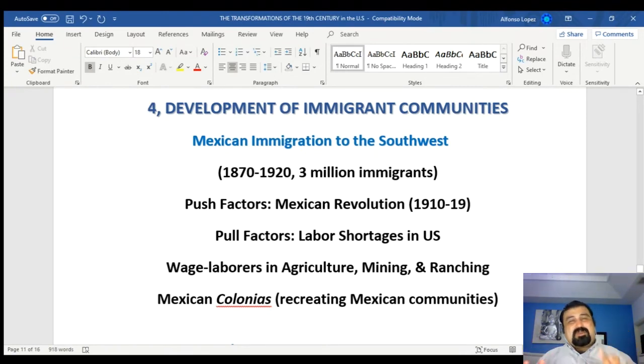So there's also going to be, besides Americans pouring into this region, like farmers and African Americans and merchants and investors and so on, immigrant groups such as people coming from Mexico. Mexican immigration to the Southwest is going to take place in a very significant way between 1870 and 1920. There will be about 3 million immigrants, people coming from Mexico,